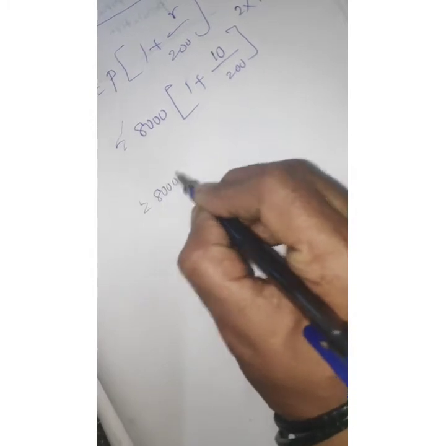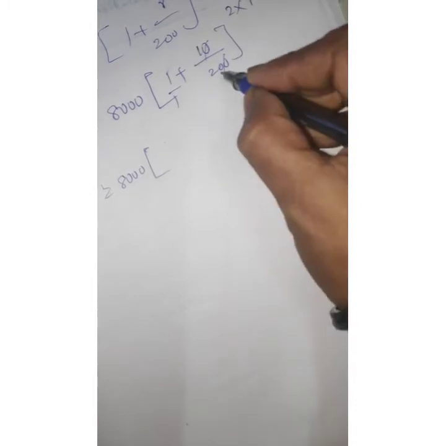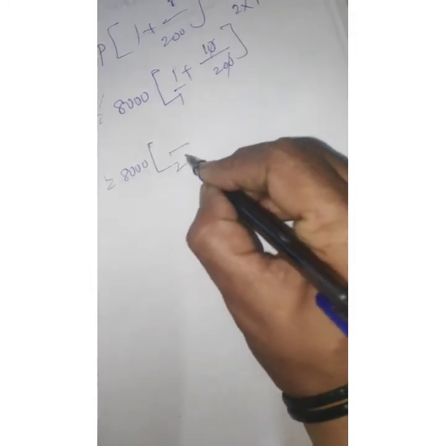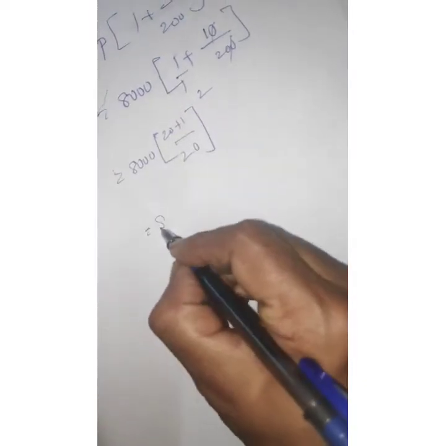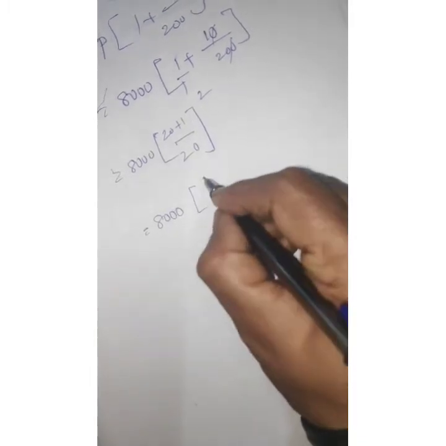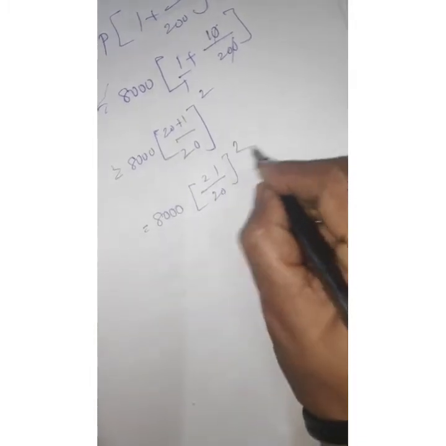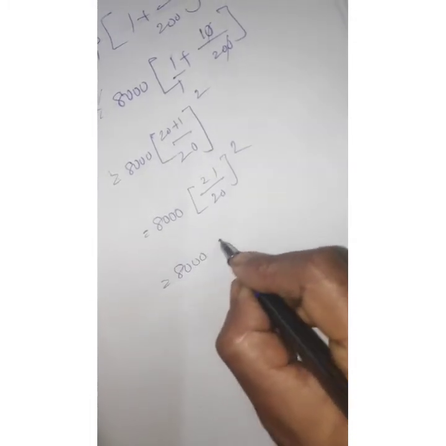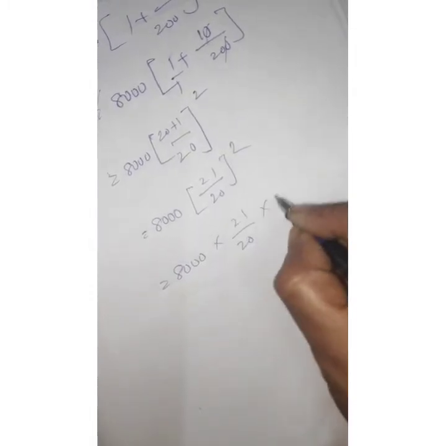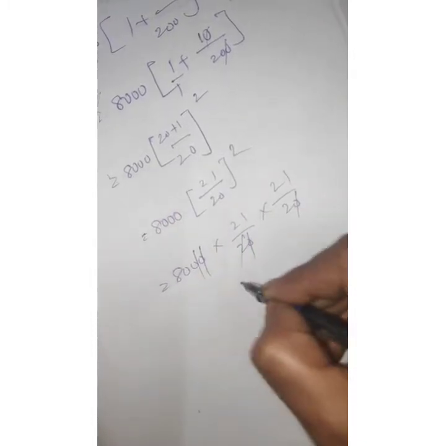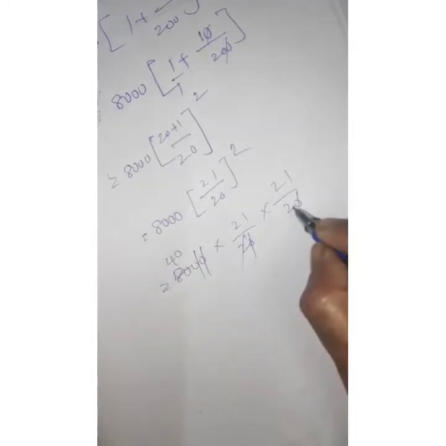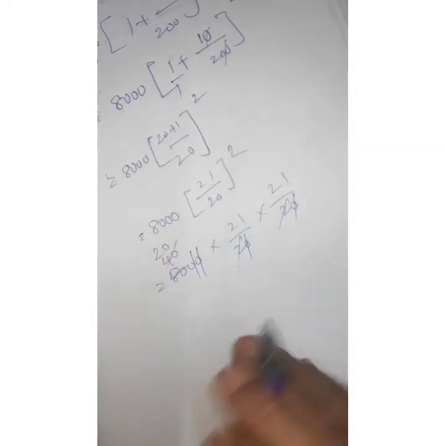8,000. Do the cross multiplication. Here 0 0 also strike out. 20 is balance, 1 20 is 20. 120 is 20 plus 1 whole power 2 into 1 equal to 2. 8,000. 20 plus 1 equal to 21 by 20 whole square. 8,000 into 21 by 20 into 21 by 20. 0 0 0 0. 1 2 is 2, 4 2s are 8, 40. 1 2 is 2, 2 2s are 4, 0.